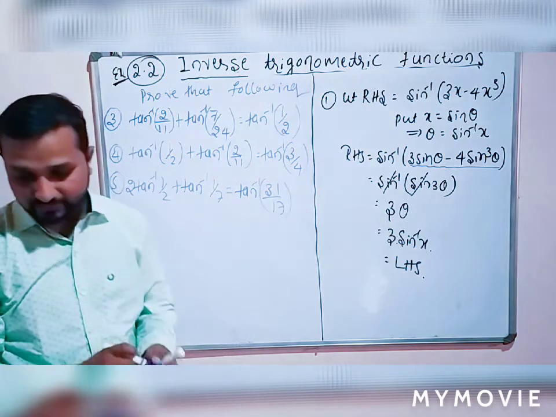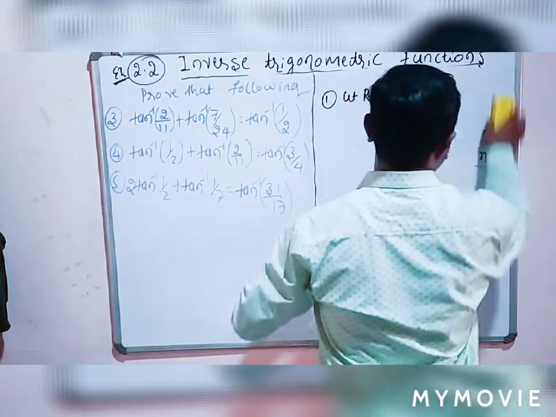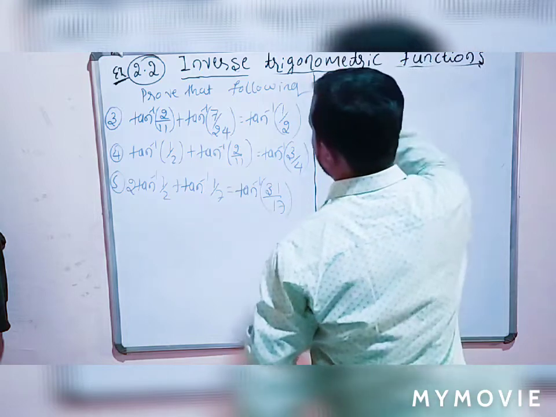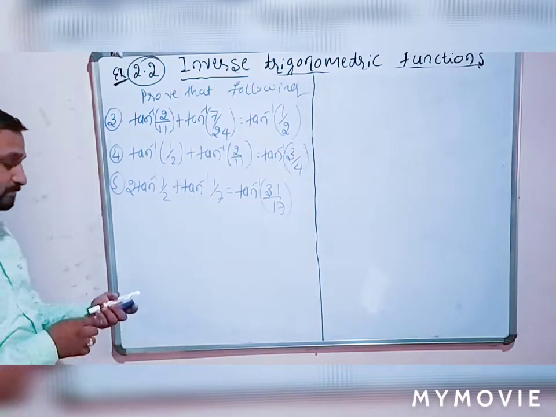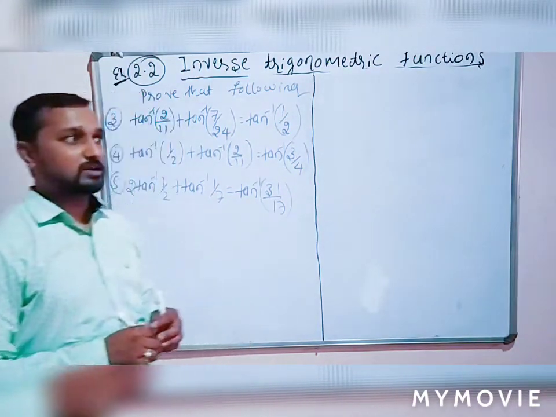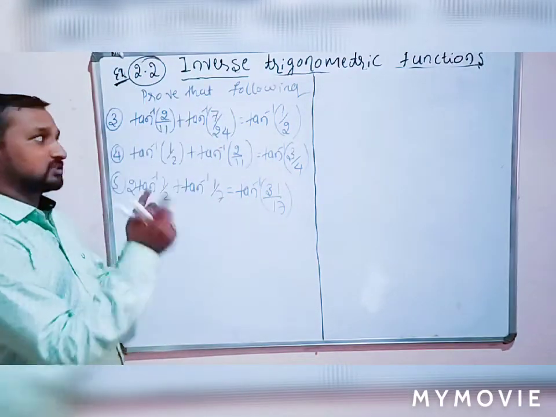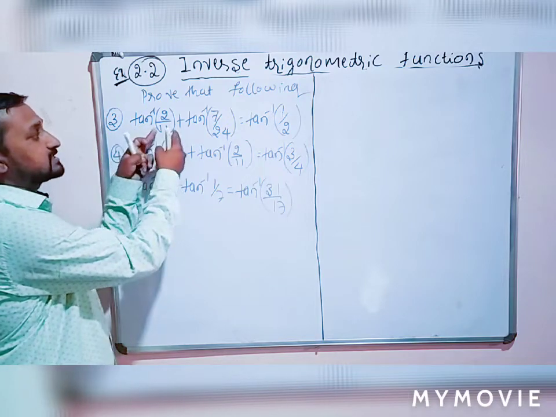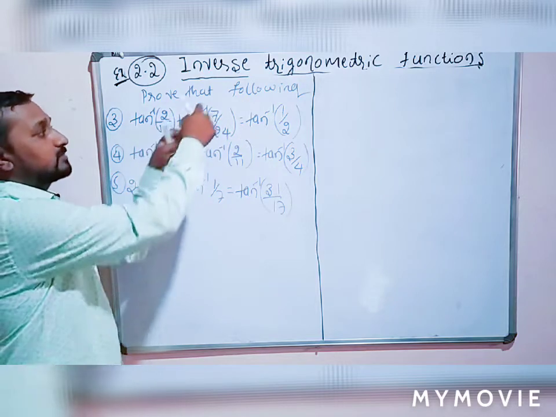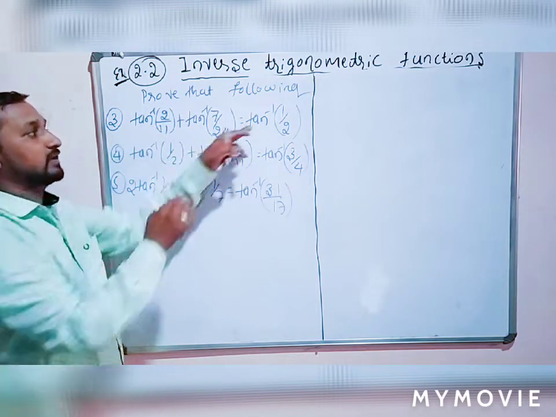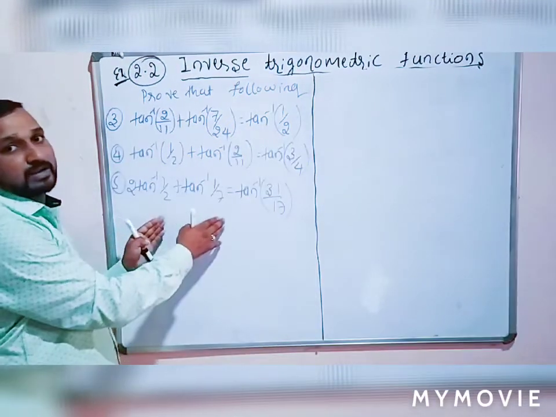Okay, these are very important examples. These three examples use the same method and the same property. What is the property? We already know the formula for tan inverse of x plus tan inverse of y: it is tan inverse of x plus y divided by 1 minus x into y. Direct formula. Solve that step and we will get this one. These are two same examples, so that is also the same formula.